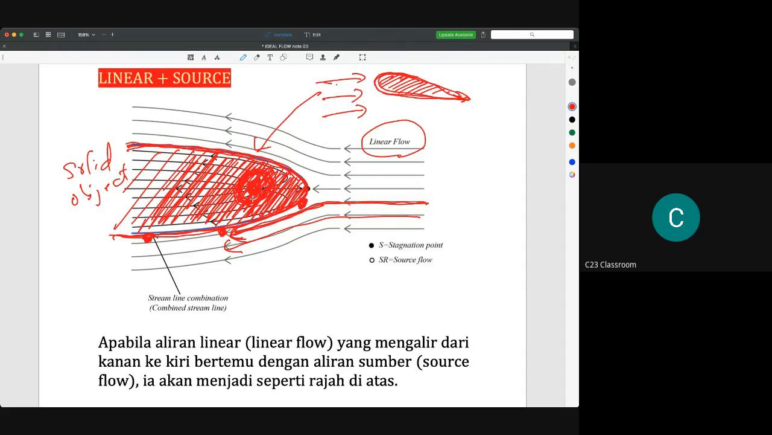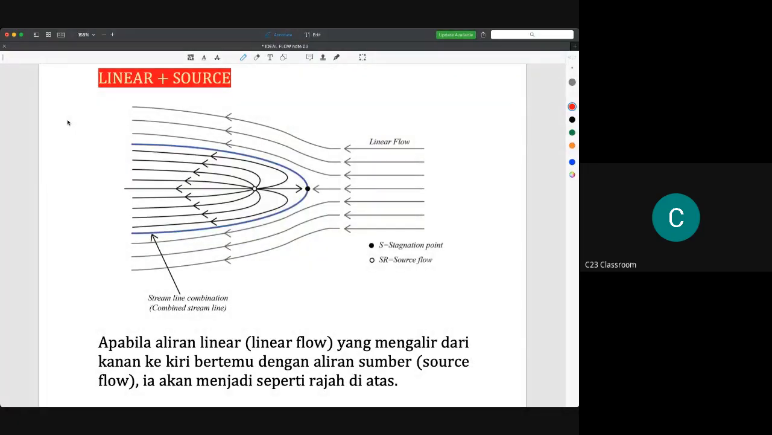patterns. Okay. So kemudian kenapa dinamakan Rankine half body? Okay, it is because Rankine found that this width is actually growing. It becomes bigger and bigger, and it will never